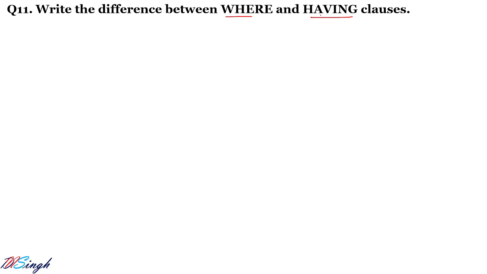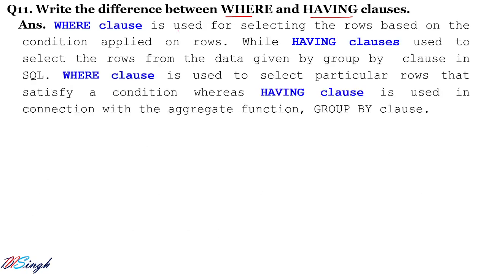Having clause. Let us see the answer. Where clause is used for selecting the rows based on the condition applied on the rows, while having clause is used to select the rows from the data given by the group by. So first you have to